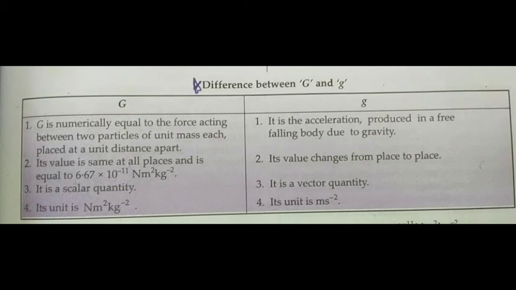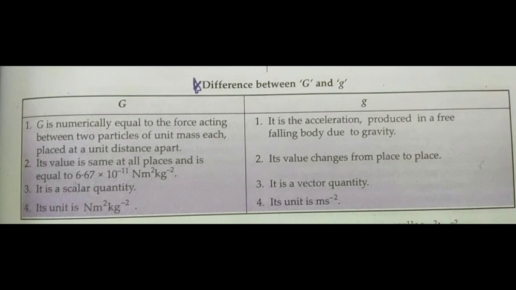It means when two objects of unit masses, 1 kg and 1 kg, are placed 1 meter apart from each other, the force acting between them is called the universal gravitational constant, that is capital G. So capital G is the force acting between two masses of 1 kg which are placed at 1 meter, whereas small g is the acceleration produced in a freely falling body